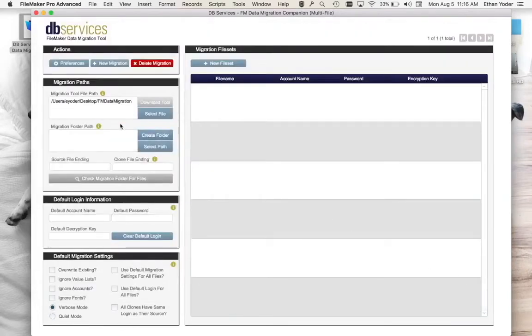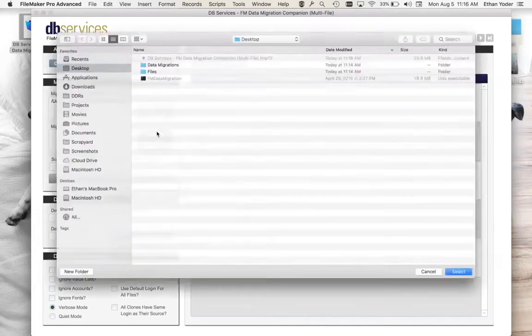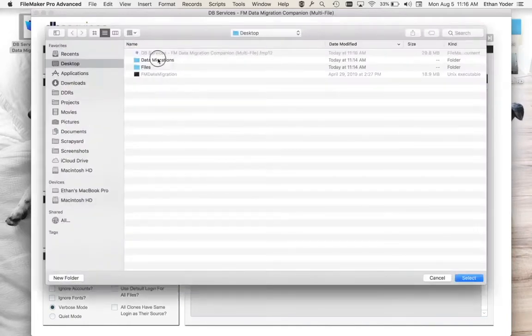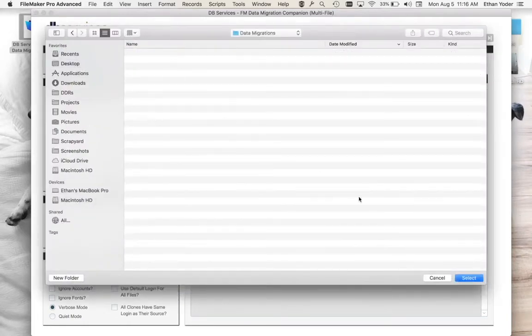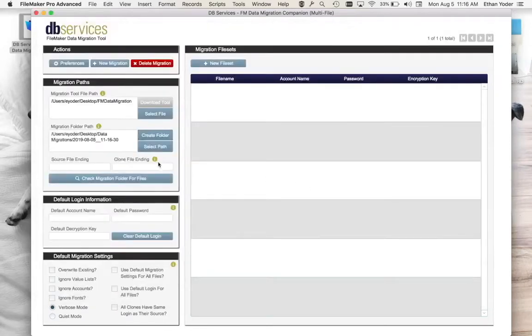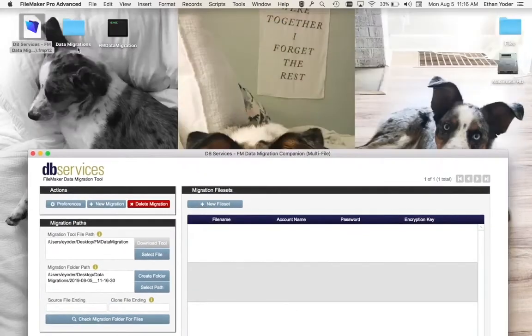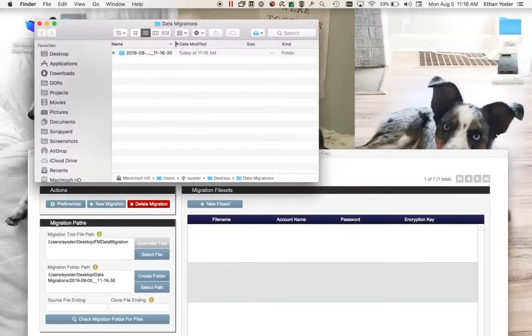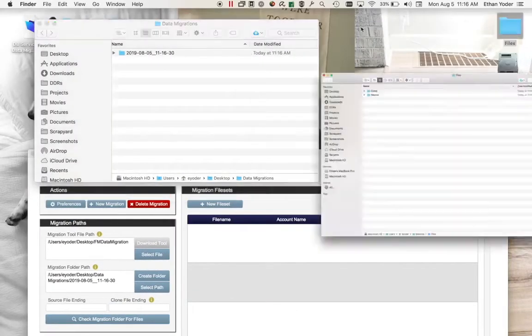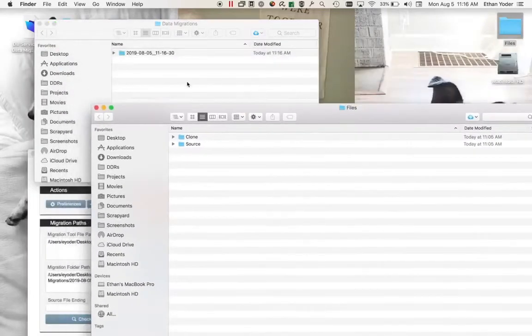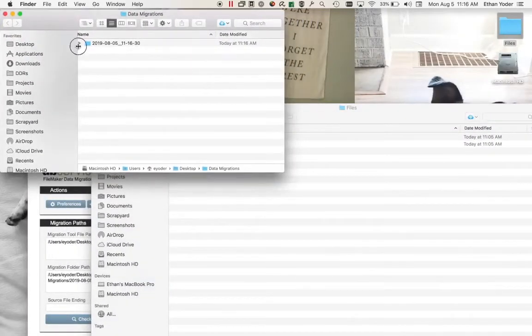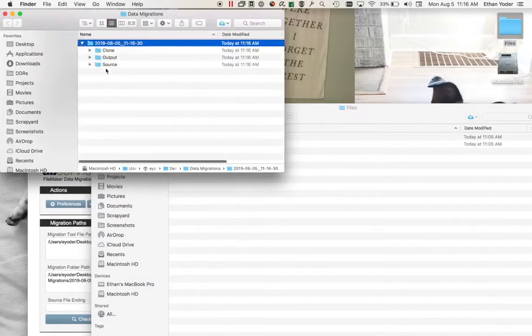The next thing is you want to create a folder. This folder is a timestamp folder that allows you to put your files in there and keep things organized. I'm going to open this and click select. Nothing there yet. Once we have that, we want to go over here and look, and we've got some files. You're going to see that it's created some files for us.